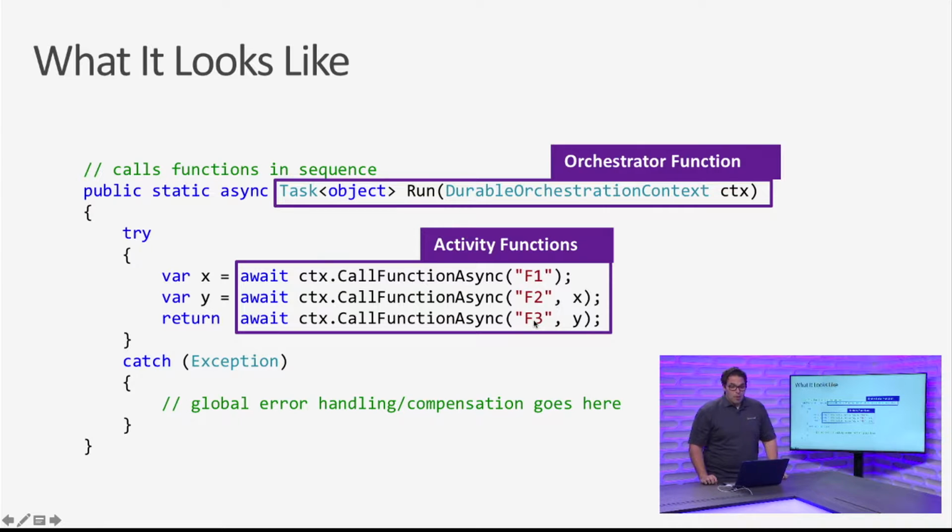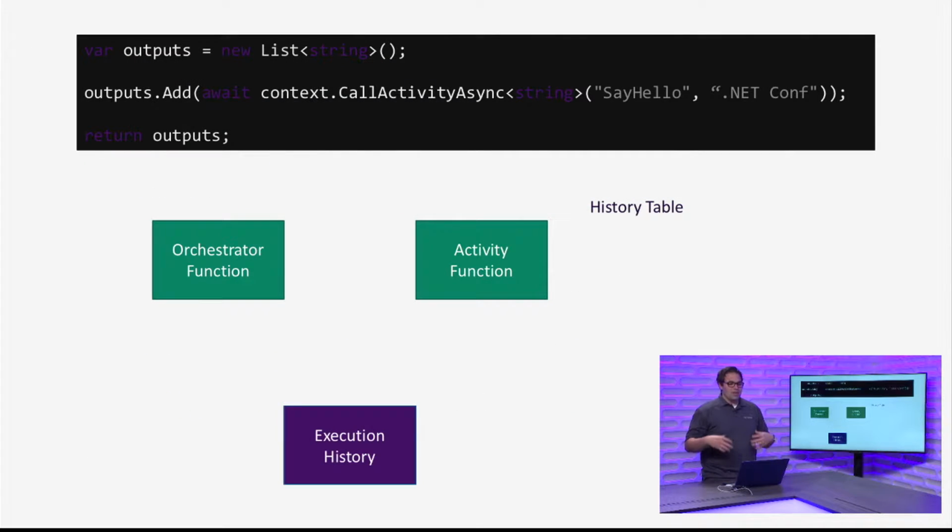It's very possible that calling all three of these functions might take a very long time. So we have to do some work in the framework to make sure that this is durable, that you have at least once guaranteed execution, and that everything executes in the order that you expect it to. In order to do that, we're using a thing called event sourcing, and I'm going to show you through an example what's happening behind the scenes.